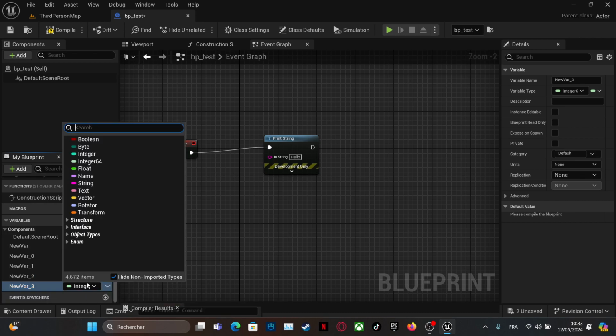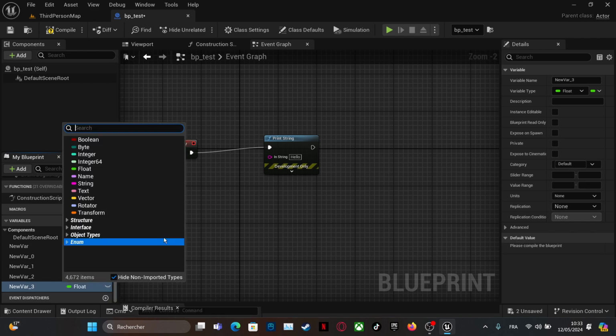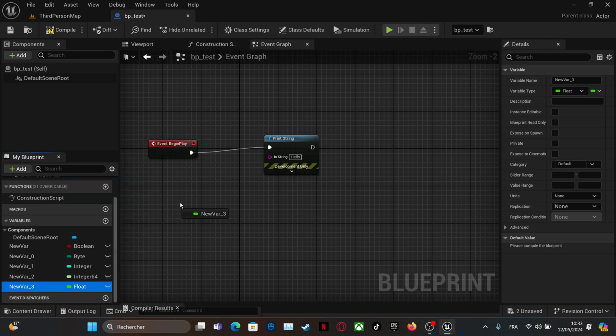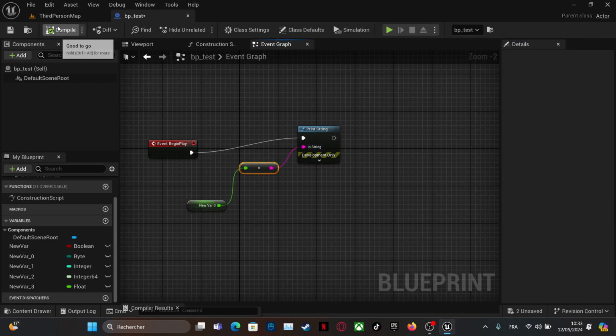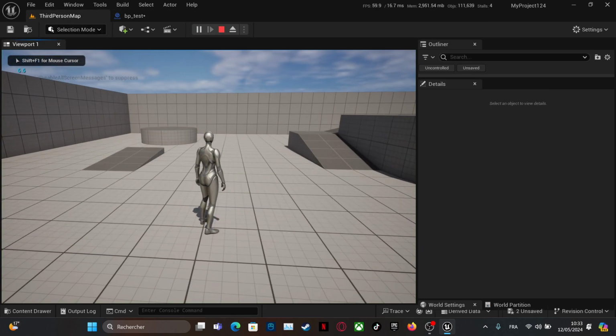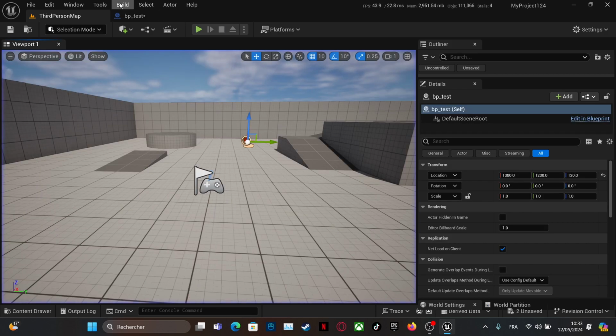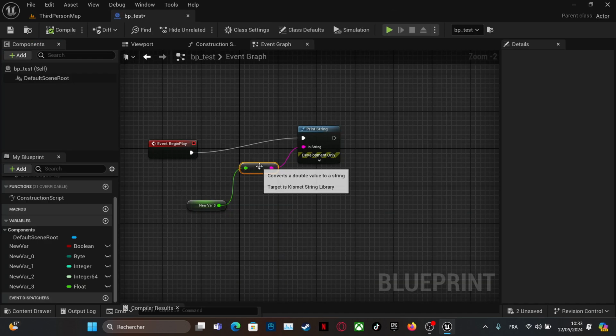We also have float. This is what we use commonly. A float is a type of variable that can have floating parts. As we can see, we give it a default value. You see 0.0, we set it to 6.5, and let's print it. So as you can see, it is 6.5.